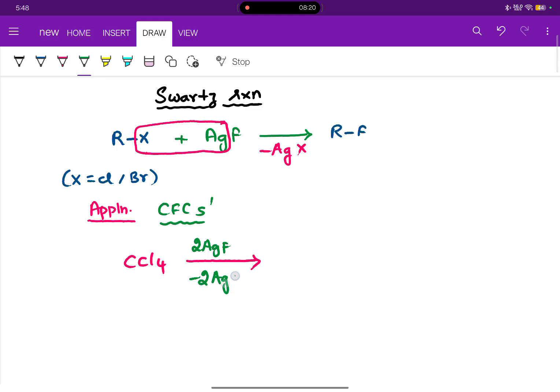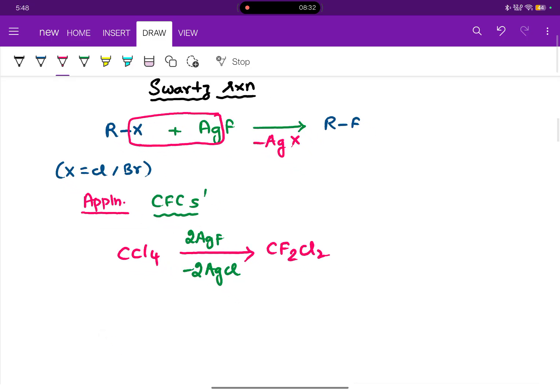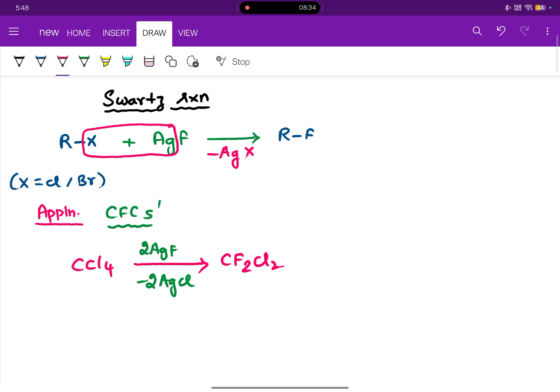Minus 2 moles of AgCl will be removed, so you'll get CF2Cl2. This is called dichloro-difluorocarbon, which is actually a coolant. Similarly, if you take another reaction, that is called